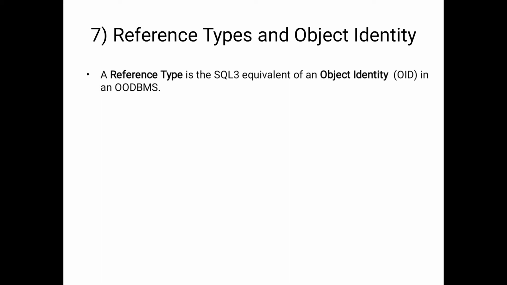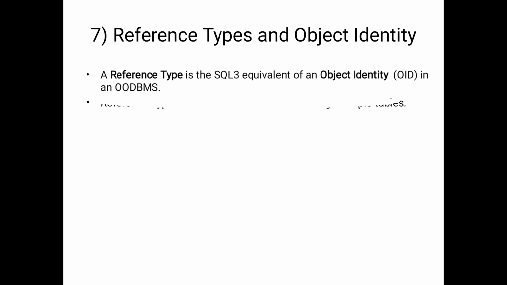And actually, in the object oriented programming language, we already know what is the use of an object and how to use the object. An object is an abstraction of a real world entity, or we can say it is an instance of a class. Here objects encapsulate data and code into a single unit, which provides data abstraction by hiding the implementation details from the user. That facility is available in SQL3 also. Now we will see how to use objects with the help of SQL.